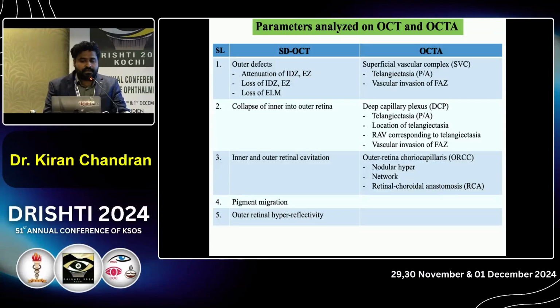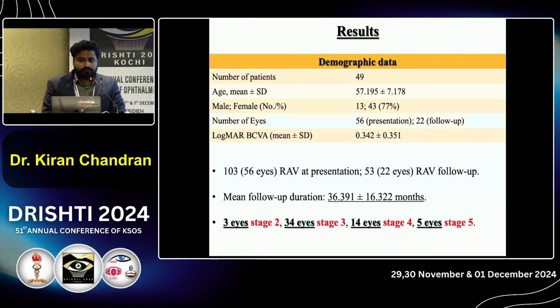On OCTA, we studied the different plexuses like superficial vascular complex and deep capillary plexus for the presence of telangiectasias as well as foveal avascular zone changes. In the outer retina and choriocapillaris layers, the presence of nodular hyperreflectivity networks as well as retinal choroidal anastomosis was studied for. So 56 eyes of 49 patients were recruited and at least 3 follow-up visits were done